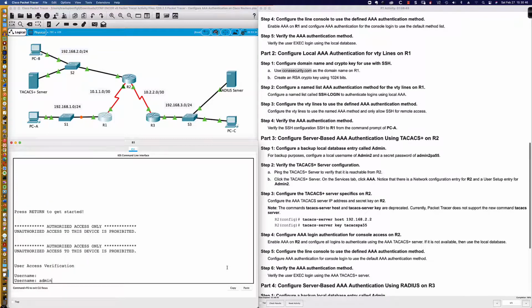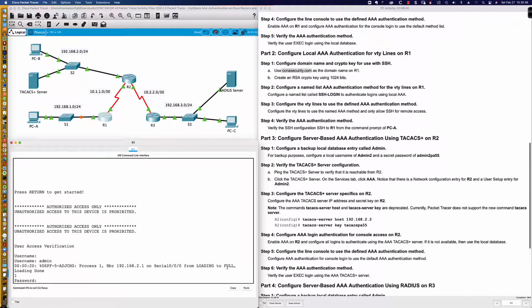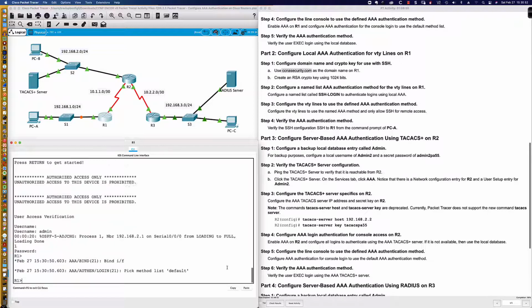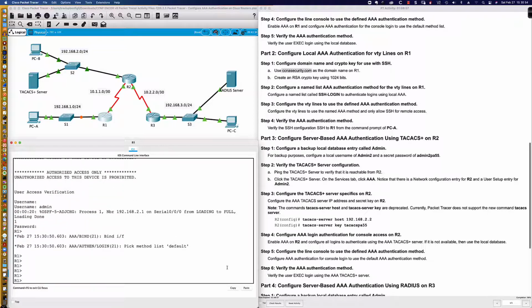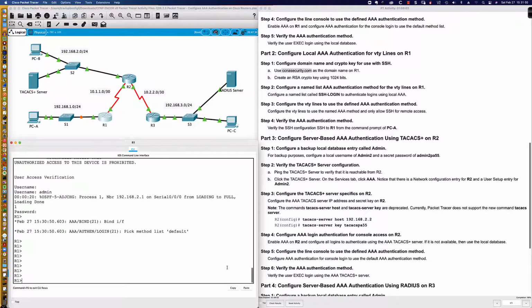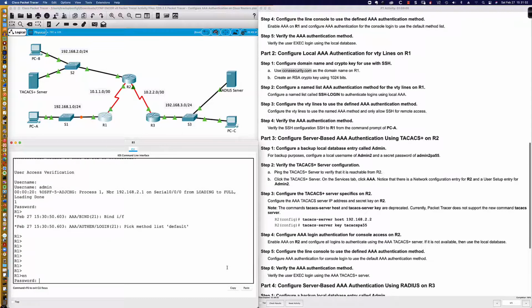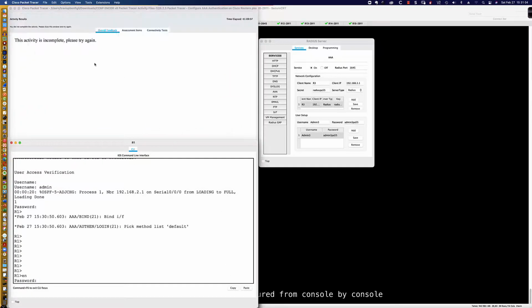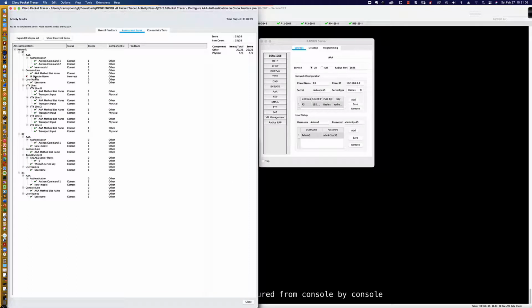So admin1pa55. And you saw it was not case sensitive, right? Because I didn't say local-case, so I could use a lowercase a. So there's definitely something with the domain name that it doesn't like